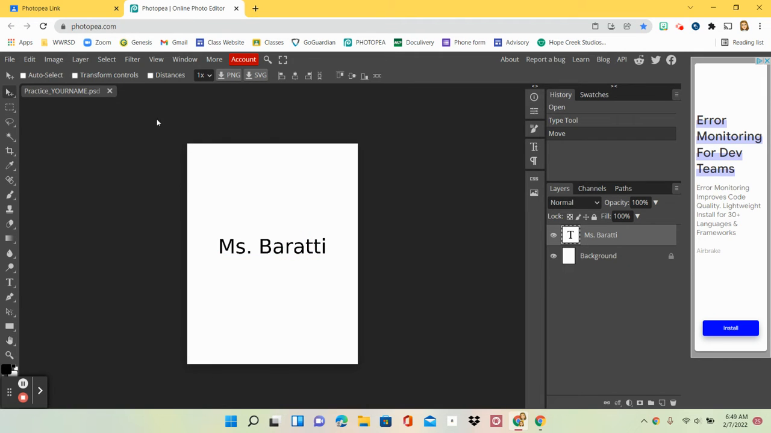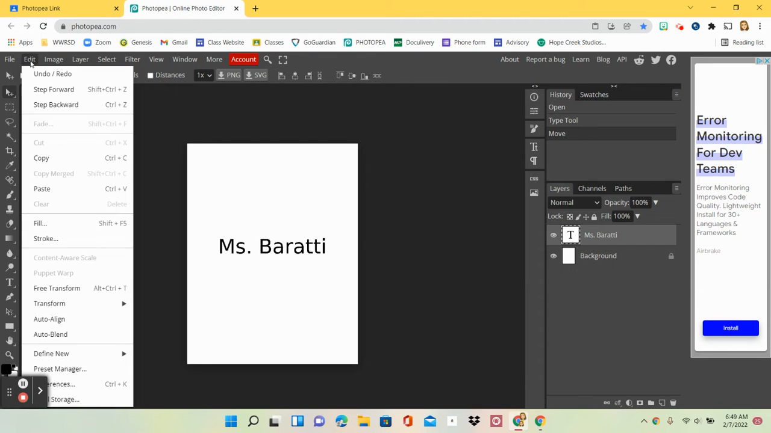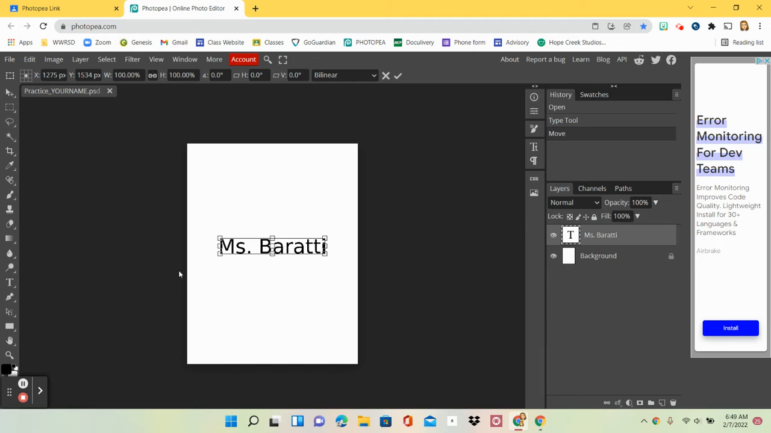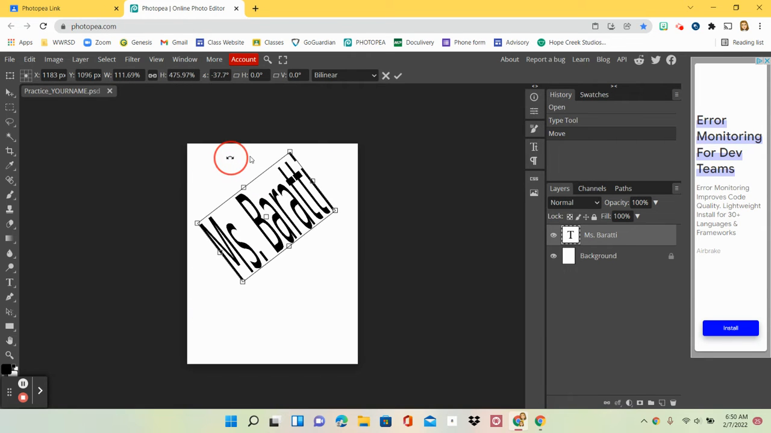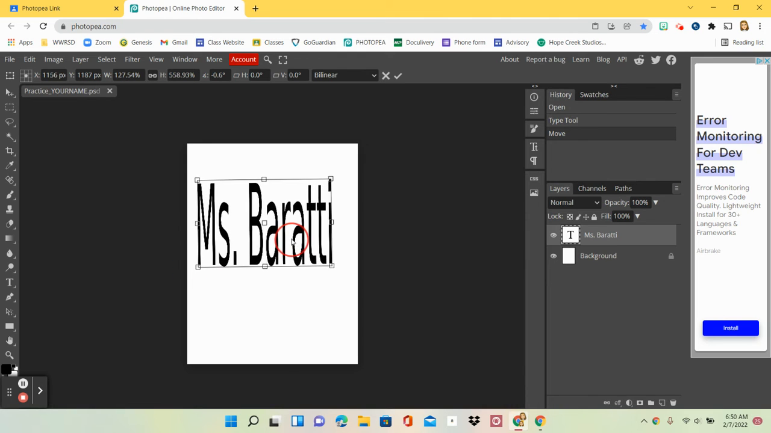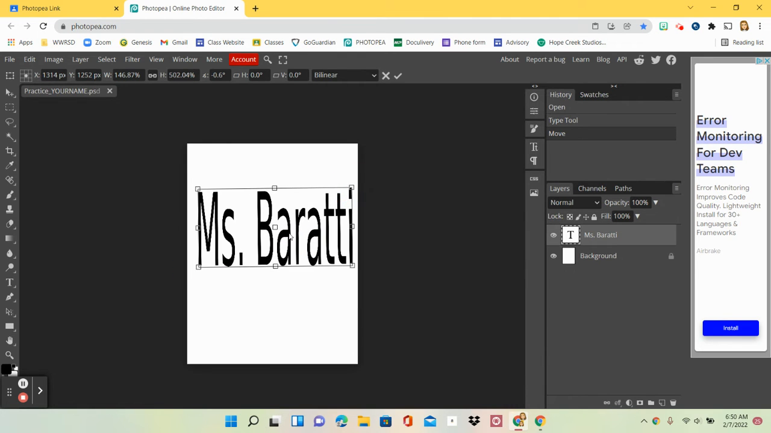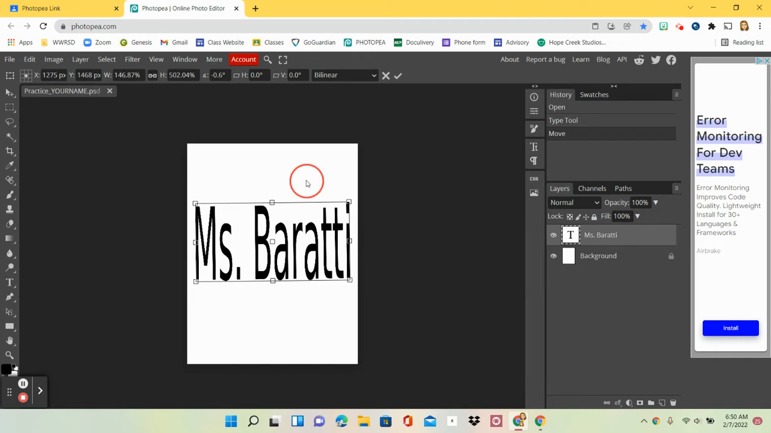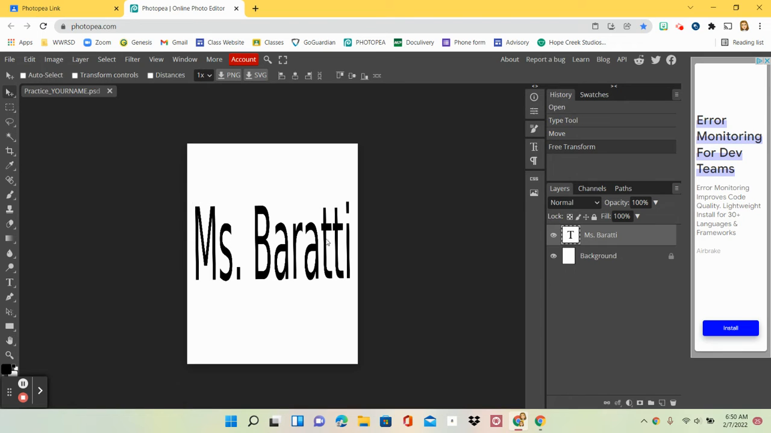So if I want to make this a little bit bigger, I could click on edit at the top, go all the way down to free transform, and that will give me these handles. And that way I can stretch it. I could flip it upside down if I wanted to. I could turn it. There's lots of things you could do with this one. So I'm just going to make it fit my screen. There we go. Put it in the middle. Just like that. And then once I'm done making it a different size, I click enter and then it's placed,